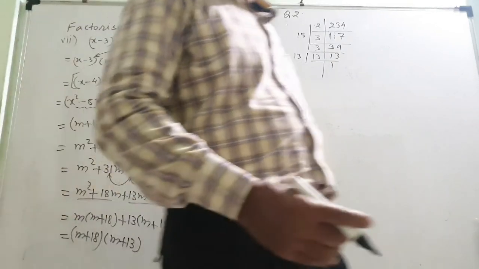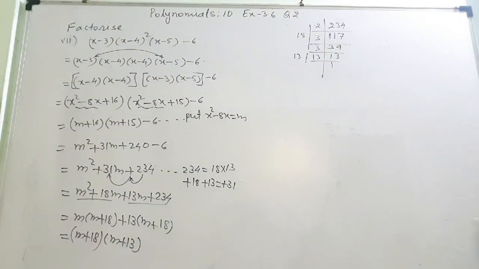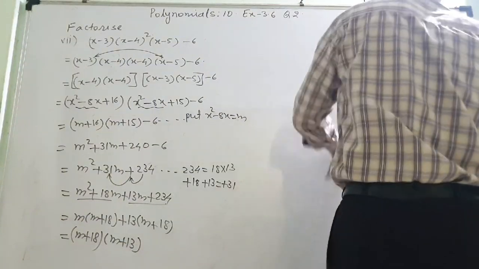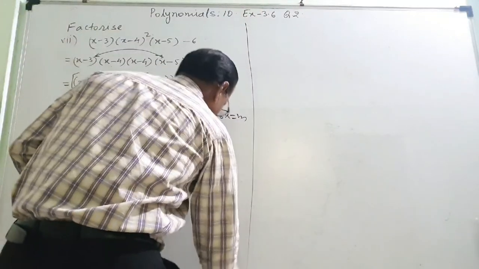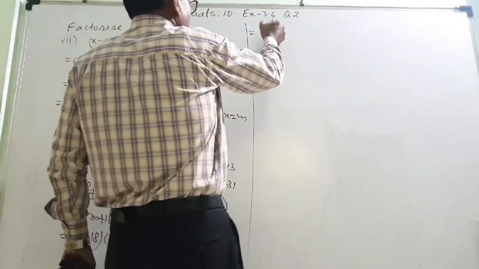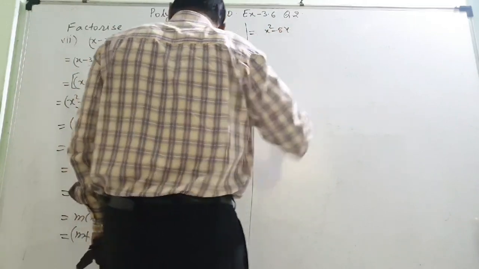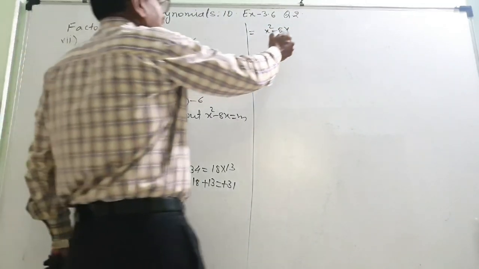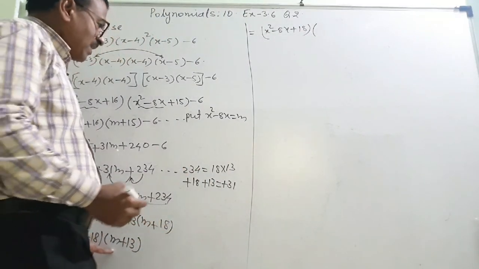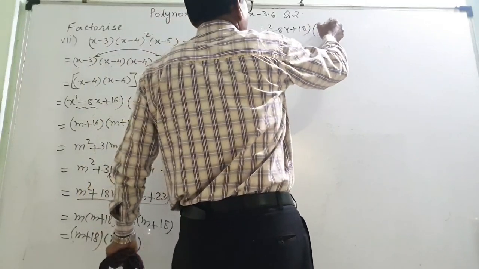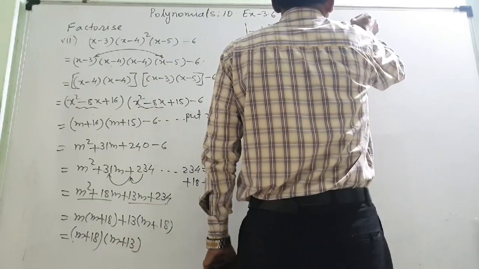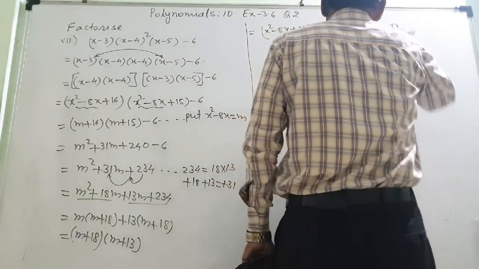Whether I can write below, whether you can see it. No, you can't see it. So I will go here. So that is equal to, what is meant by m? m means x square minus 8x. So (x square minus 8x) plus 18, another, this also m, m means x square minus 8x, (x square minus 8x) plus 13. This is your number 1.